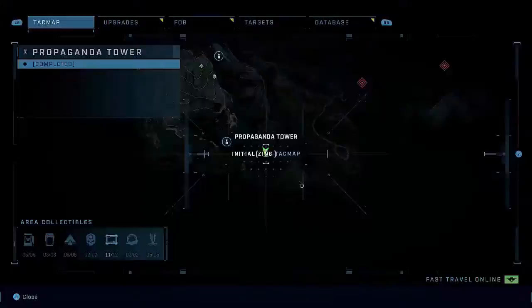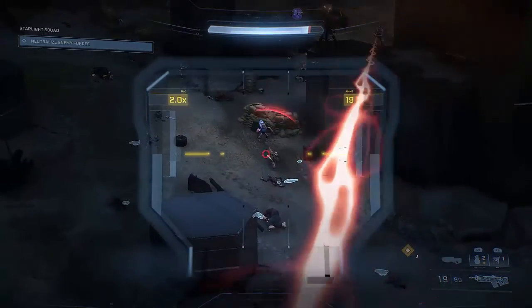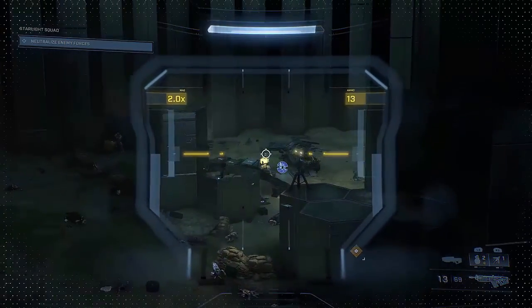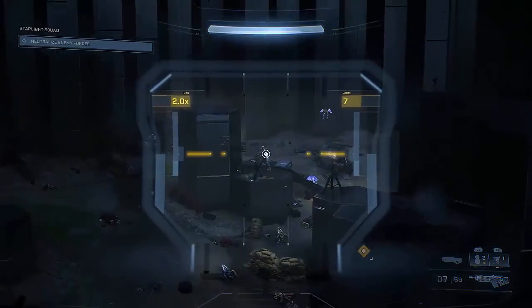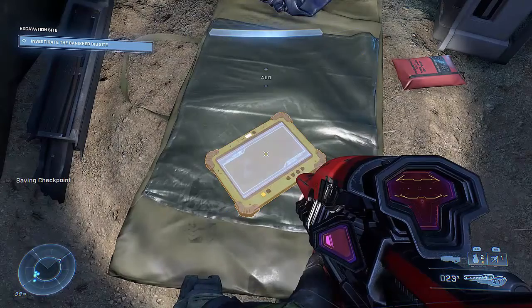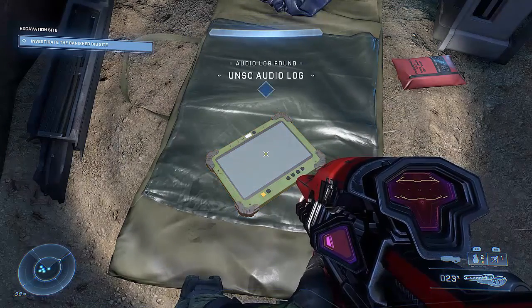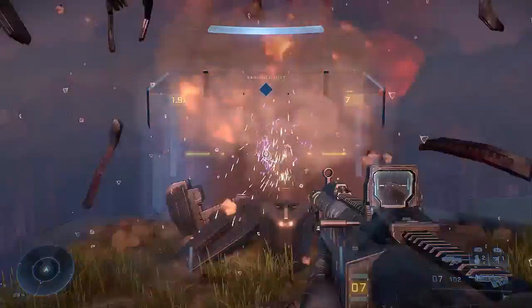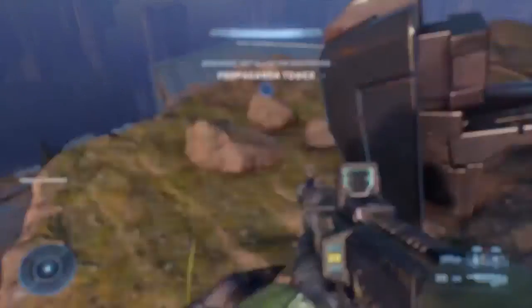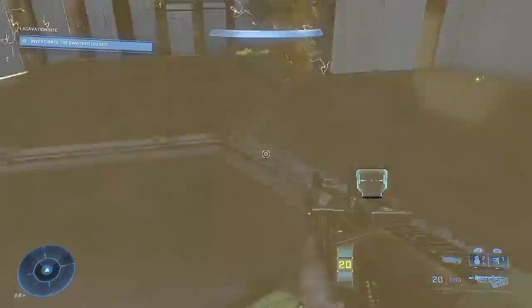So we'll grab that. Alright, and then this one is directly on Starlight Squad. So right now, you see there's a brute that's literally pointing his gun right at me. That laser you just saw, that beam, that's exactly where we want to go. It's right underneath that. So we'll grab this audio log, and we have 3 things left. So now we're working on the Propaganda Tower. I'm going to run over here quick, get the spot on the map. So here's where that is, and we got the armor locker,